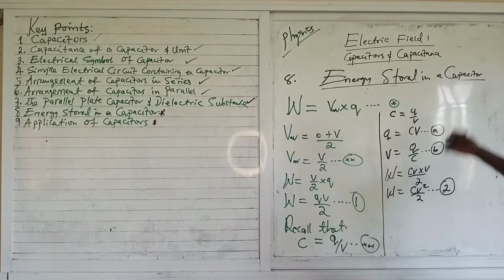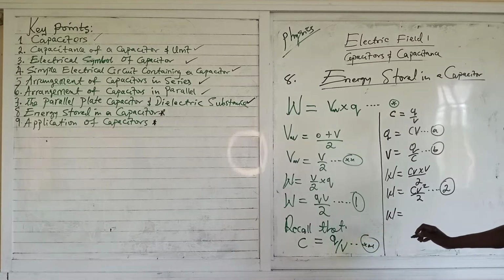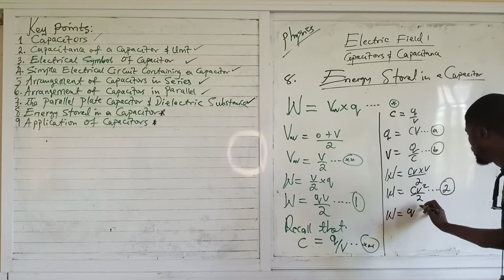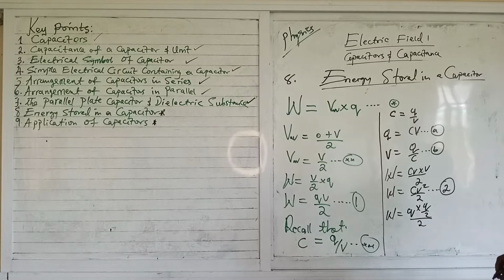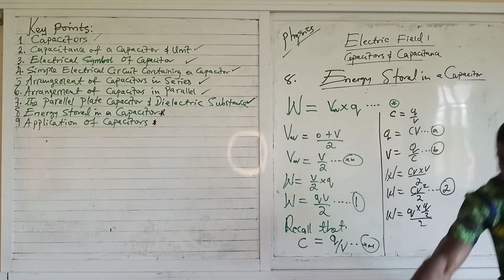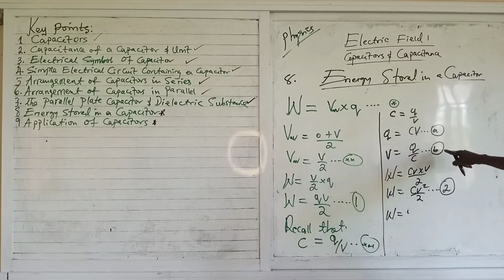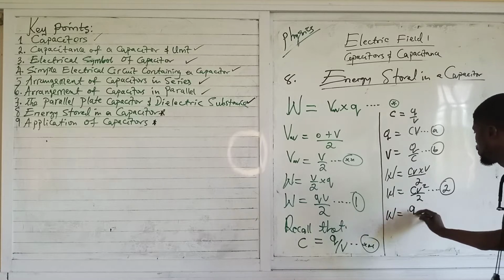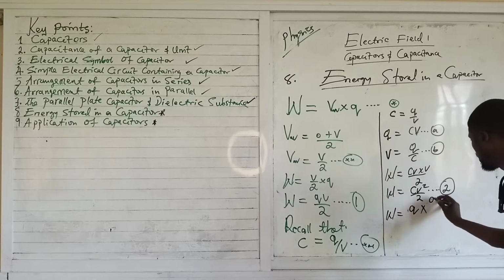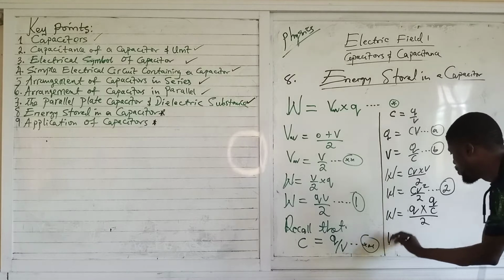We are still going to substitute equation B into equation 1. Sorry, we are substituting equation B into equation 1. So we have W is equal to Q times V, and V is Q over C. So Q all over C divided by 2. If you evaluate correctly, you have W is equal to